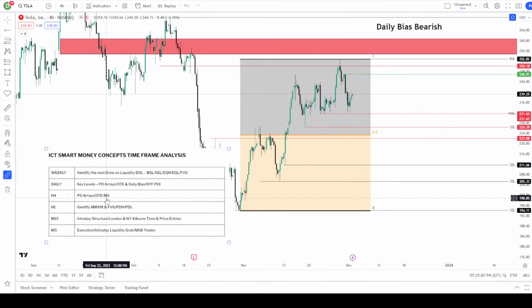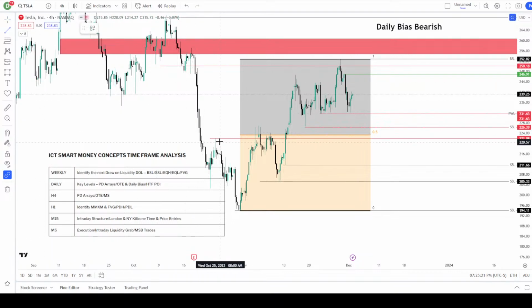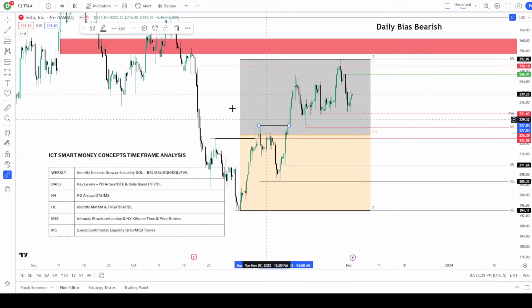So optimal trade entry, and then market structure. Things we're going to be watching with market structure: we took this high here a few weeks ago, right? This was a change of character. Here we had a break of structure. If you're going to be using the Smart Money Concepts indicators, they're going to label these for you. I'm going to just show you what they are so you can see them. Okay, change of character, break of structure,